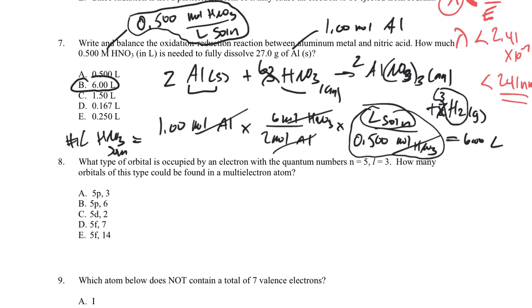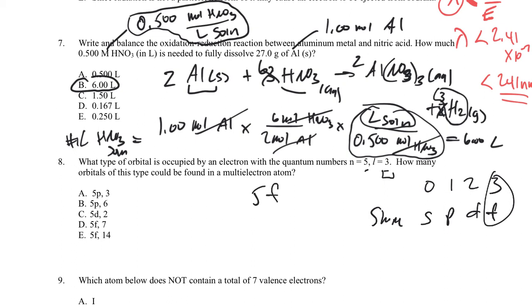Moving on to number 8, what type of orbital is occupied by an electron with the quantum numbers 5 for n and 3 for l, and how many orbitals of this type could be found in a multi-electron atom? Okay, so our l is telling us the shape, so we have 0, 1, 2, 3 for the shape of the orbital being s, p, d, or f. So this is going to correspond to a 5f orbital,